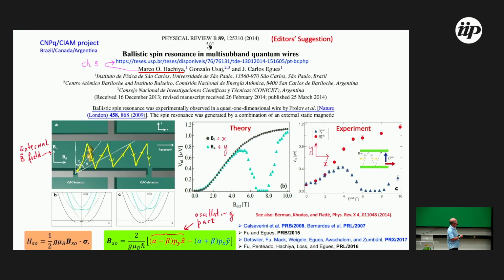So that's the idea of the Rabi oscillation that we have. It's also the same for the holes. Now let's go back